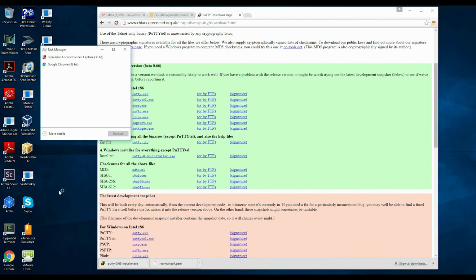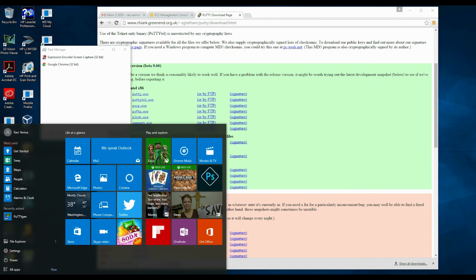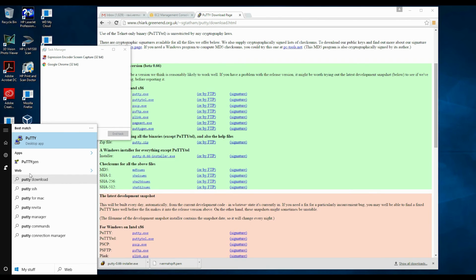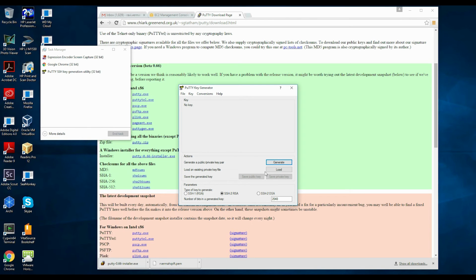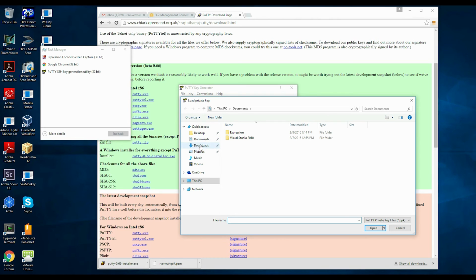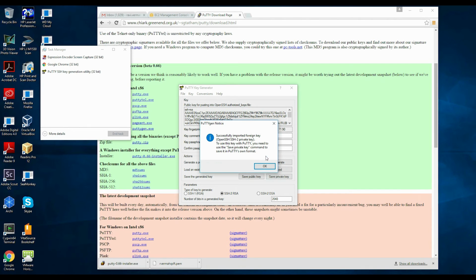All right. So here I will access PuTTYgen, and you use it to create a key for PuTTY. So I'll go to my downloads folder and search for all files, and this is the PEM file that I got from AWS when I was creating the instance. So it will open, and at this time it will